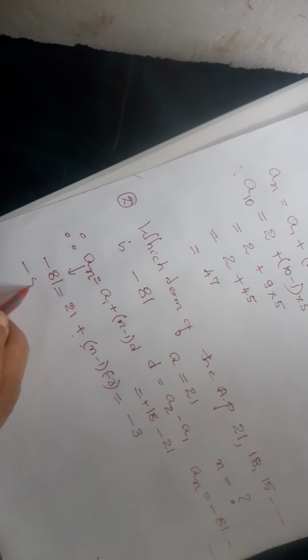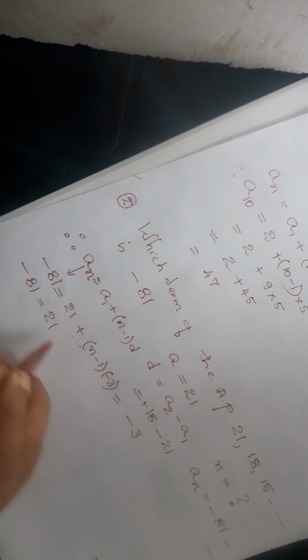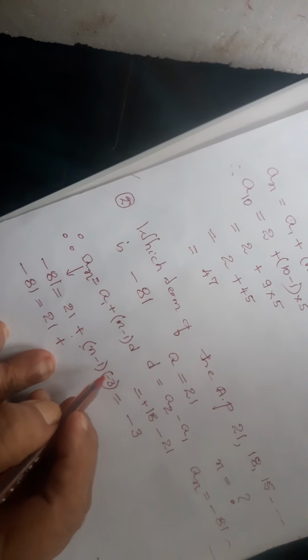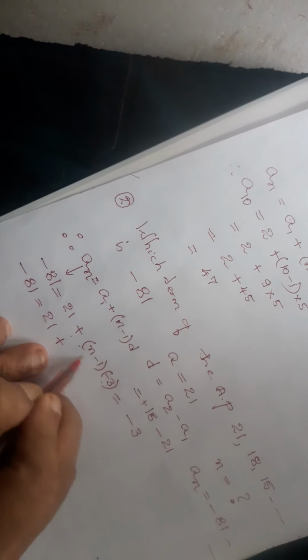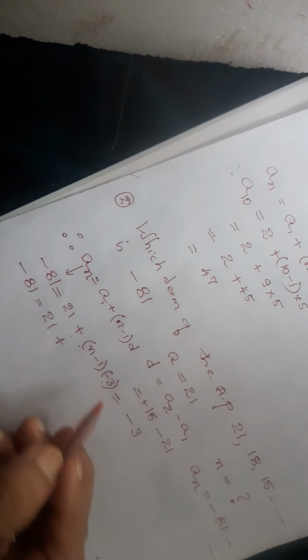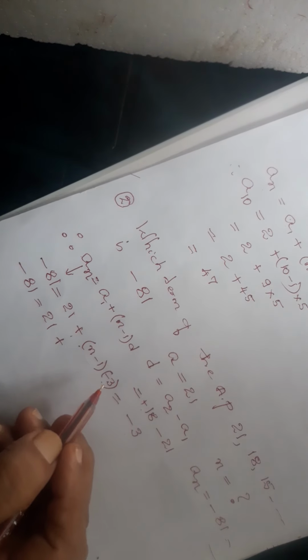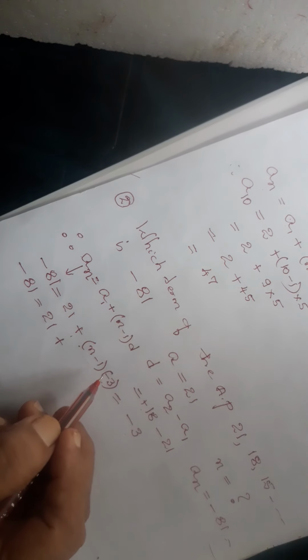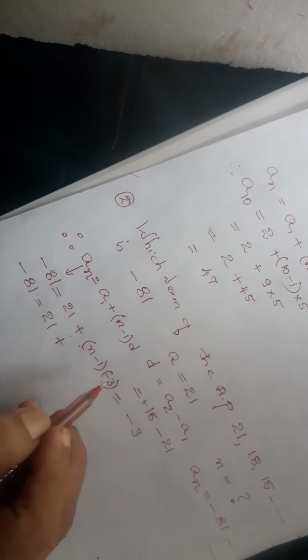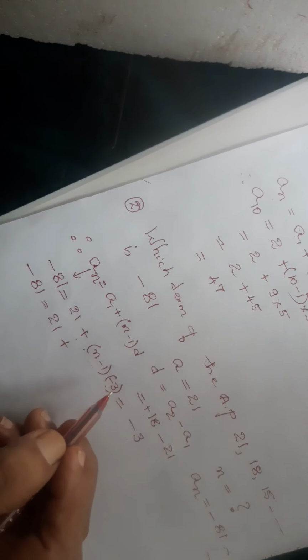Now, by two methods I can do this sum. Some of you may do it in one manner, some others will find the other method easy. Minus 81 is equal to 21 plus, see what I'll do, I can open the bracket here. Either I can open the bracket or without opening the bracket also I can do the sum. Whichever method you use doesn't matter, but the answer should be the same. If you go correctly, you'll surely get it.